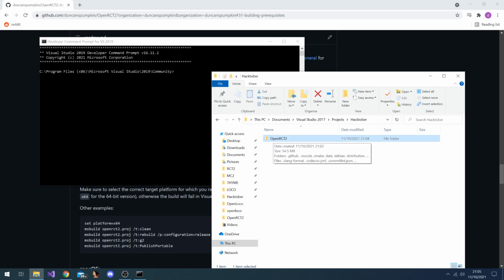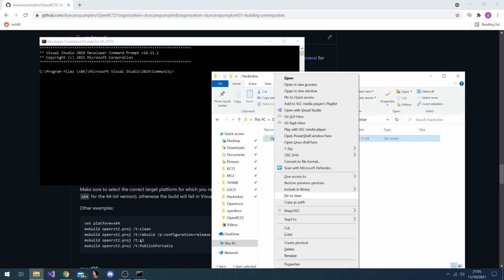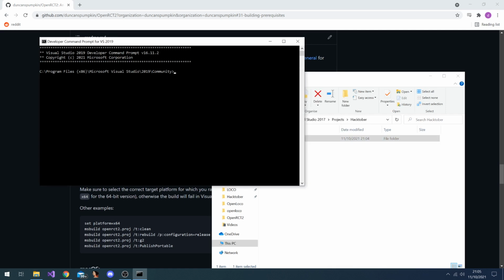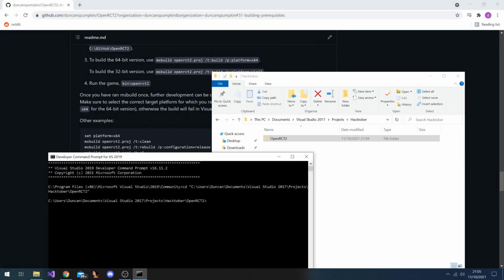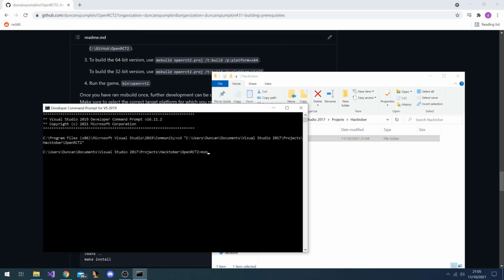Easy way of doing that, hold down shift, right click, then you'll see copy as path. And you can just do change directory. You can right click to paste, and that'll change directly to here. And then we just need to do exactly as per the README, msbuild openrct2.proj /t:build